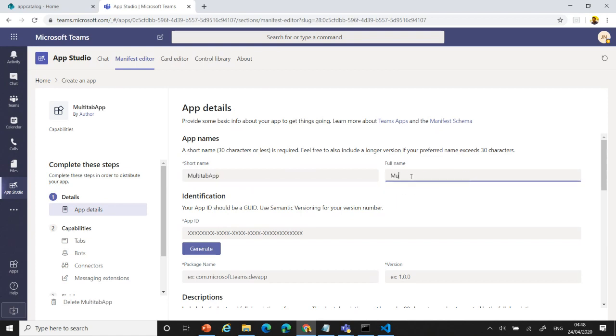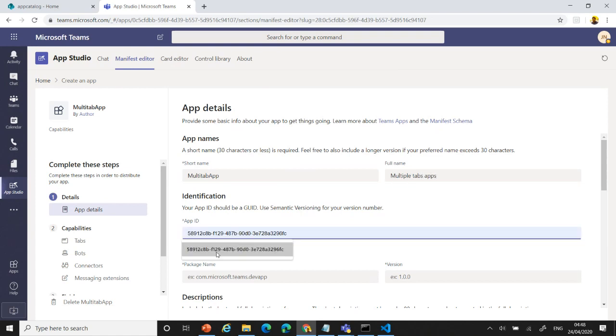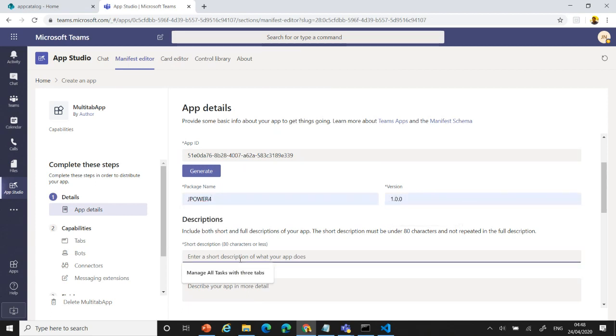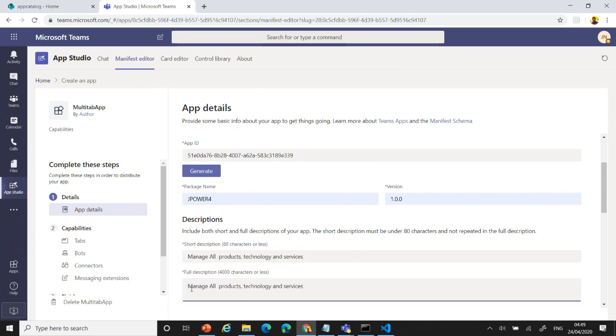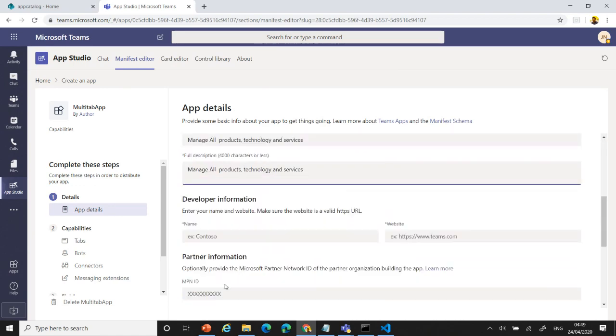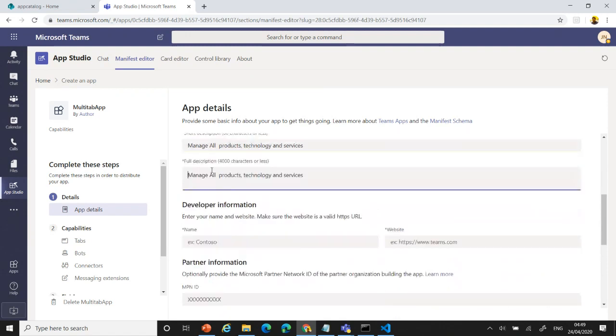For the full name, I say multiple tabs app. And I create the app ID, package name, and version 1.0.0, and the description part: manage all products, technology, and services. Just a simple example, right? And also here I can give the full description,